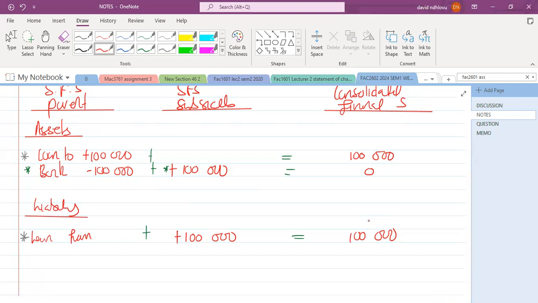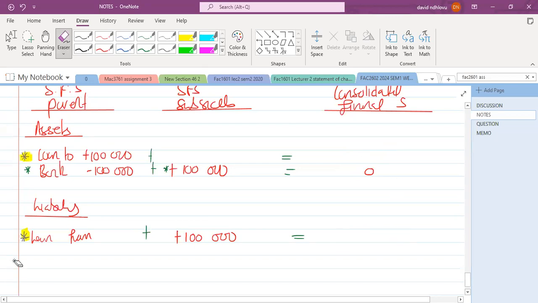So this loan is null and void at group level. But because the accounts which are affected in the subsidiary and the parent are not the same, we will then have a problem of this loan showing up in the statement of financial position. So the solution, therefore, is that before consolidation, where there are common items, which means the same amount appears twice in the parent and the subsidiary books, but at opposite ends, such that it cancels itself out, before consolidating, we must just come and do this.